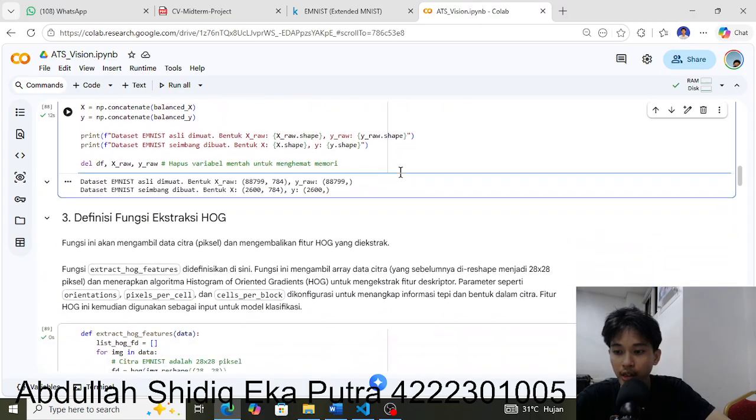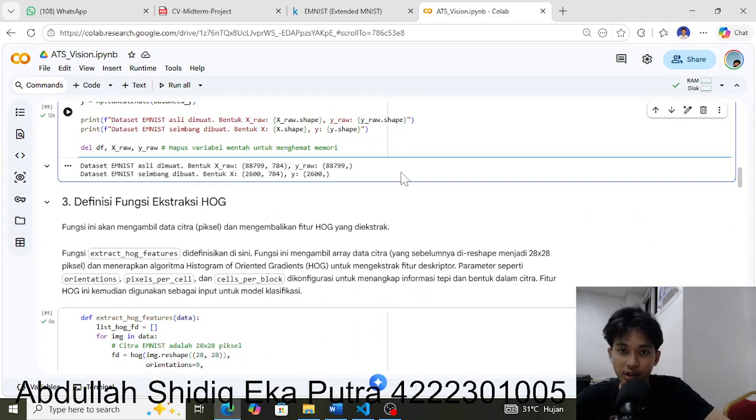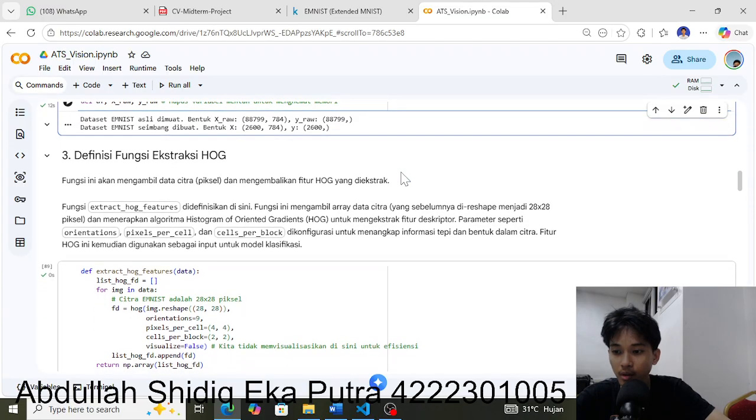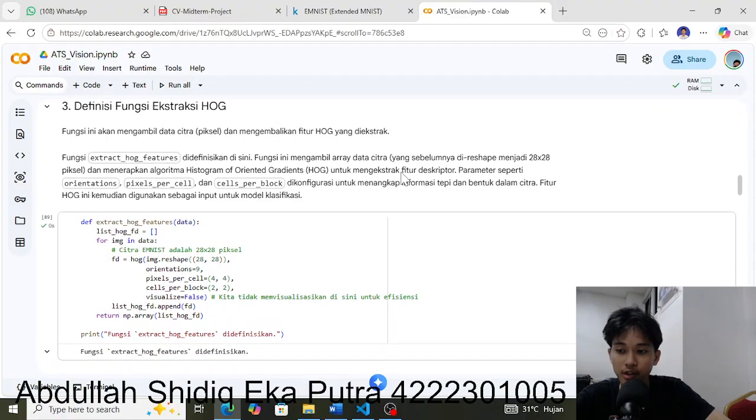After that, we do the extraction using HOG with the function extract HOG feature.